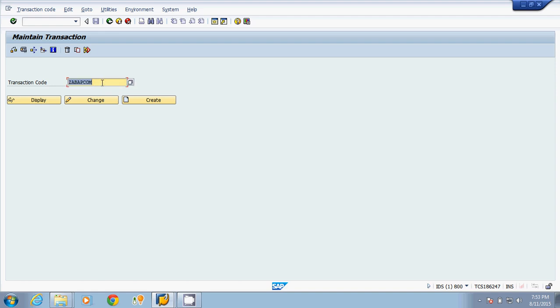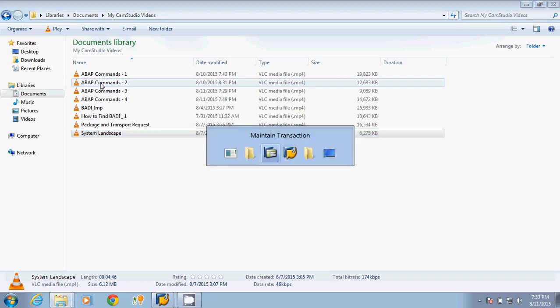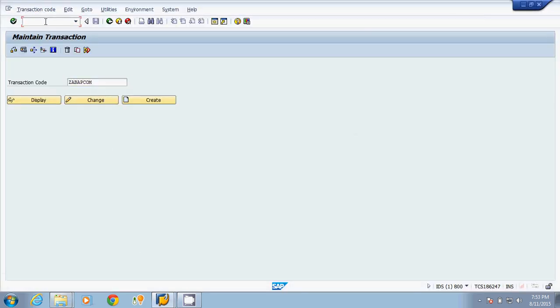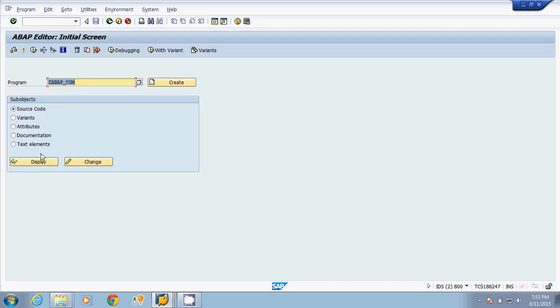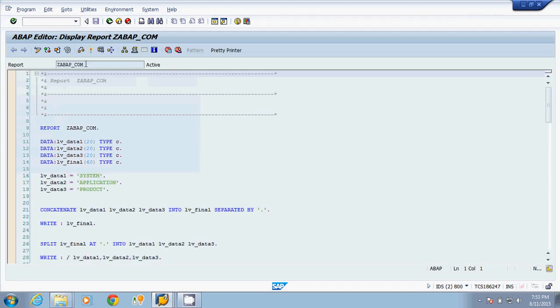Suppose I am creating a transaction code zabap_com for the program. I am opening the program in a new session. This is my program. I am creating a transaction code for this program, zabap_com.